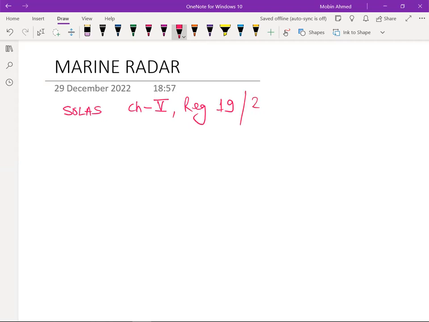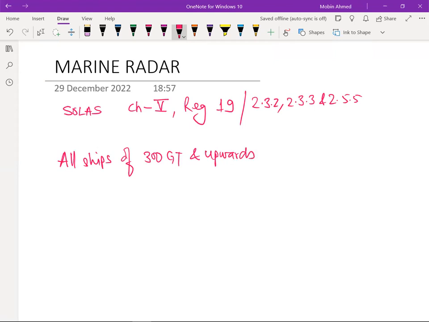In this there is para 2.3.2, 2.3.3, and 2.5.5. So this says that all ships of 300 GT and upwards and passenger ships irrespective of size